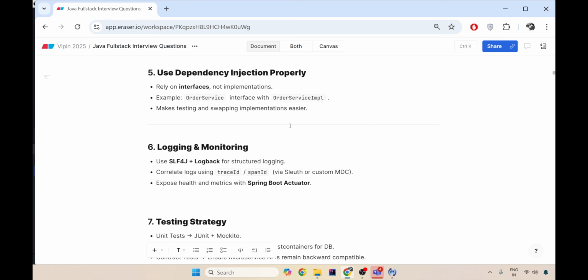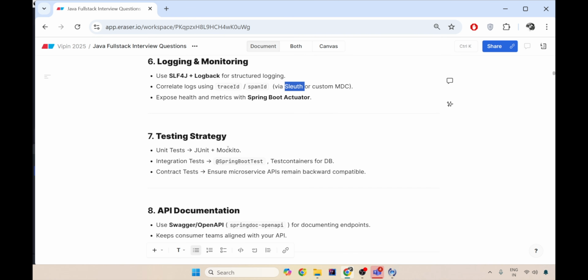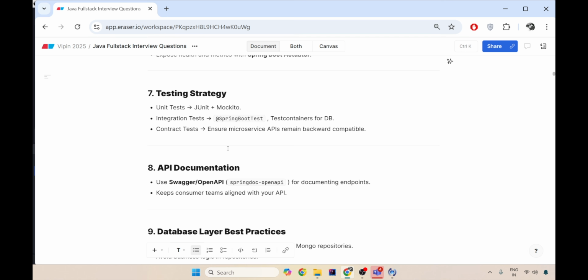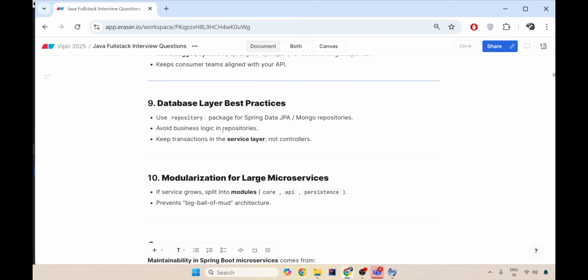So you always make sure what you want to do is segregated from how you want to do it. Your logging and monitoring should also be properly structured. Use SLF4J or Logback or Sleuth, with proper Micrometer tracing and everything, for proper monitoring and health metrics. Always do testing when it comes to a microservice application. With JUnit you can use integration testing and smoke testing. You should always use Swagger and OpenAPI for your proper documentation, which you can share with your Angular application, guys.